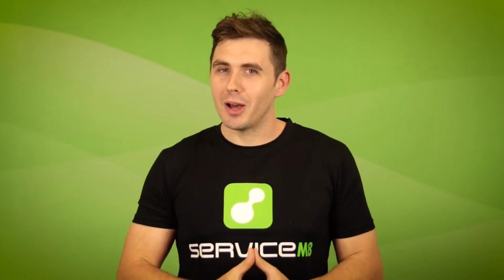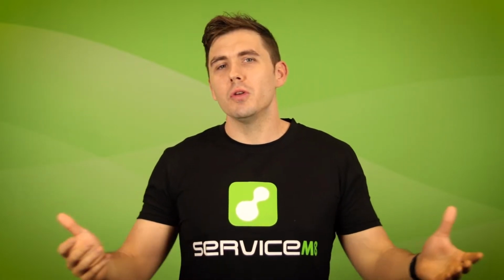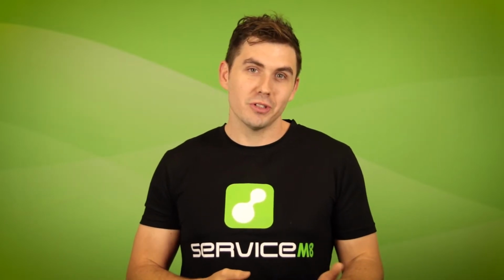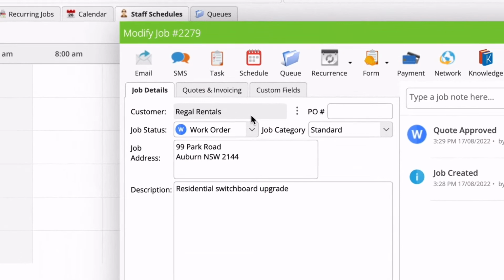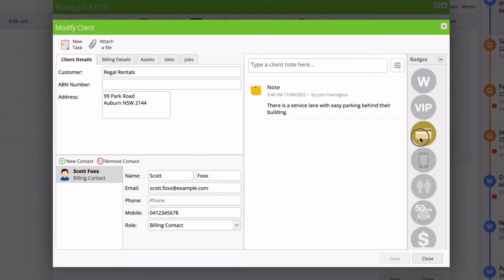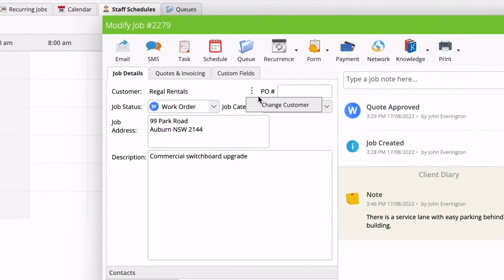Right. Next up is another common scenario where you might be working in a job card, then need to take a look at their client card. Before, you'd have to search and find them, or you might even be switching over to the Clients tab. Wasn't easy or fast. Now you can just click here to open the client card and add a client note, badge, correct the name, or whatever you need to do. And you can still change the client on the job if you need to by clicking this action and selecting